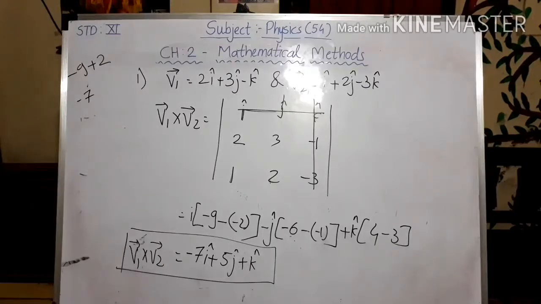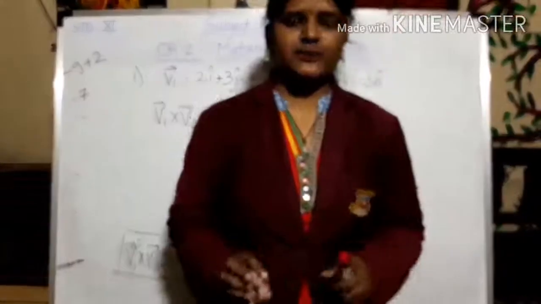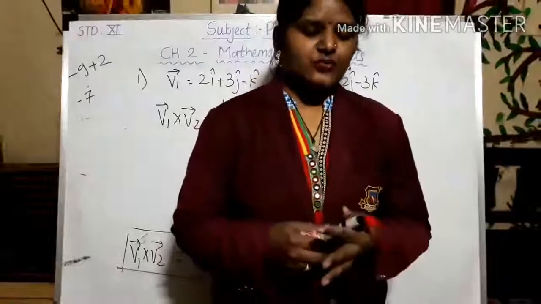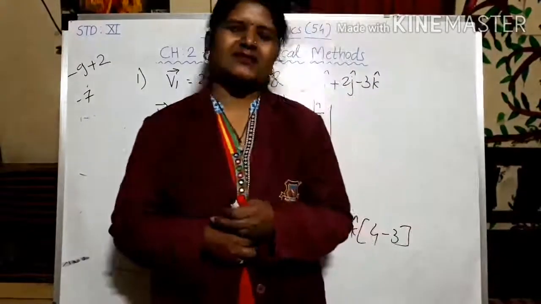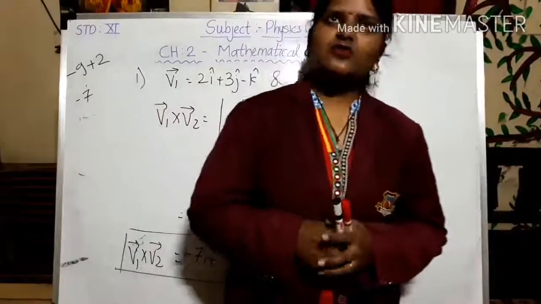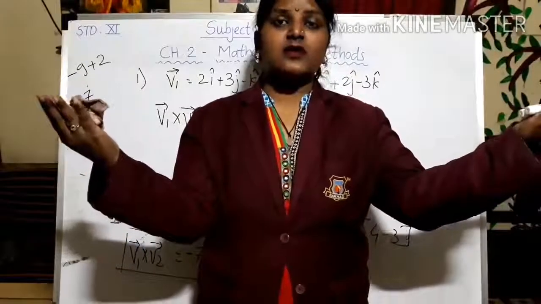Okay. So in this way you can find out the answer for all of them. So this is it for today's lecture, for today's part, which is vector product. As I told you, we are going to see the difference that we have already discussed, but let us discuss again. In scalar product there is a cosine angle, in vector product there is a sine angle.